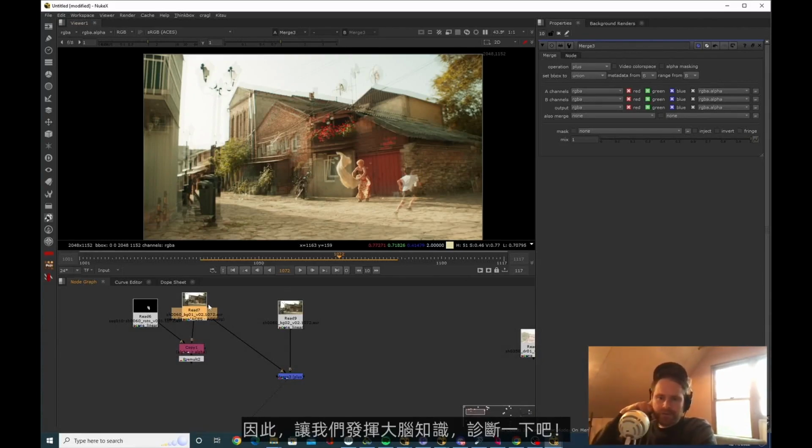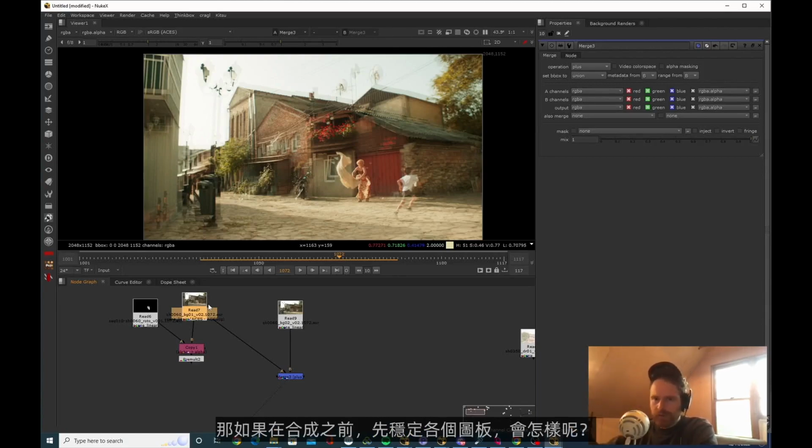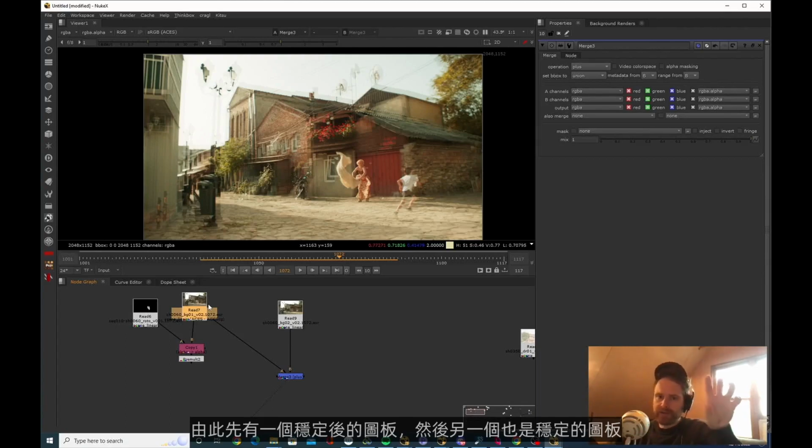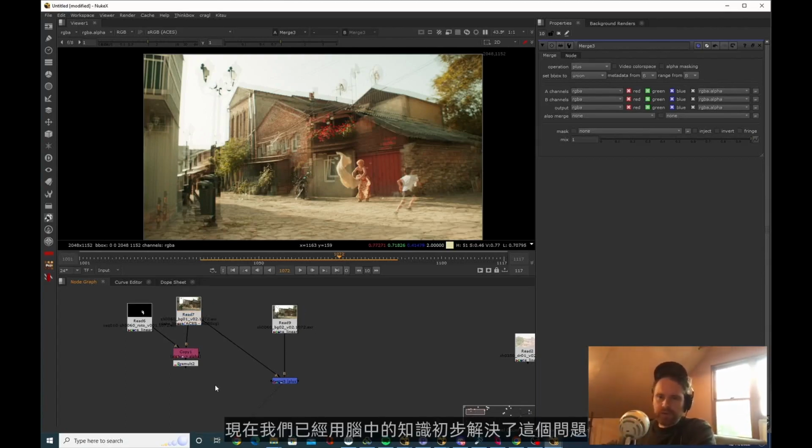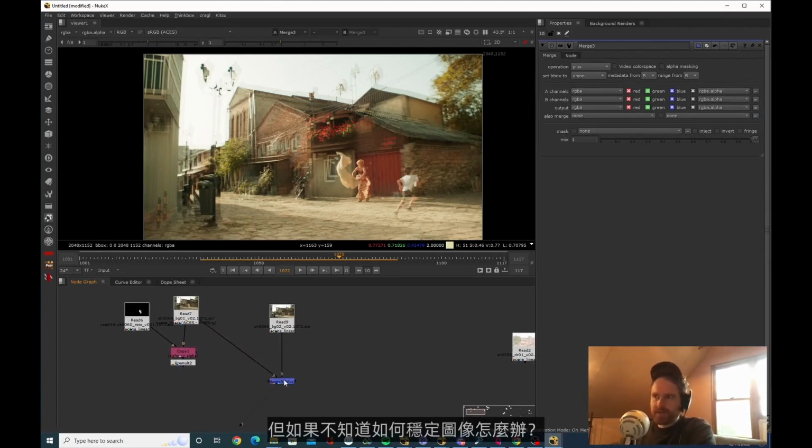So let's use what's in our brain and diagnose. What if we stabilized each of the plates before doing our compositing work? That way we would have one plate that's stable, another plate that's stable, and then we could just smack them on top of each other. We have the problem solved using our own brain, but what if we don't know how to stabilize an